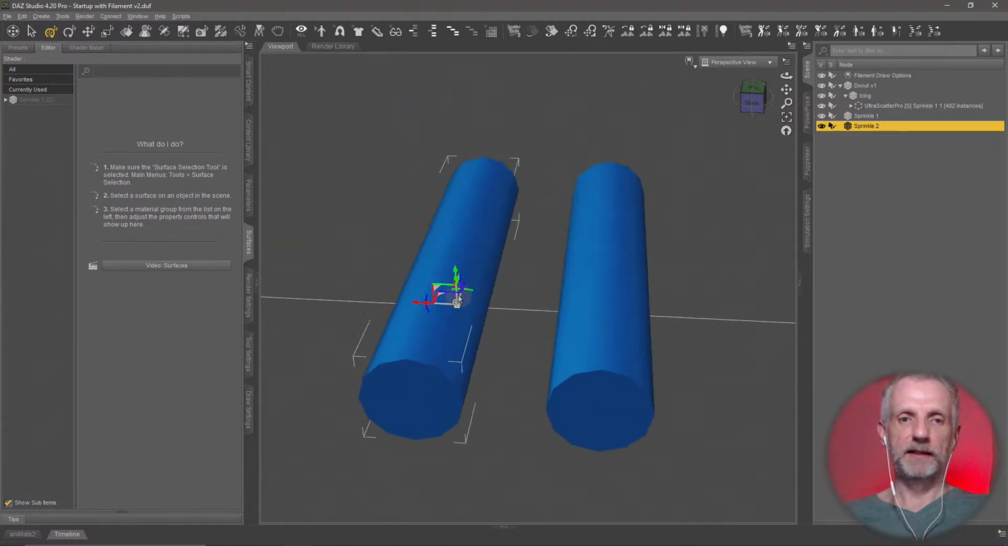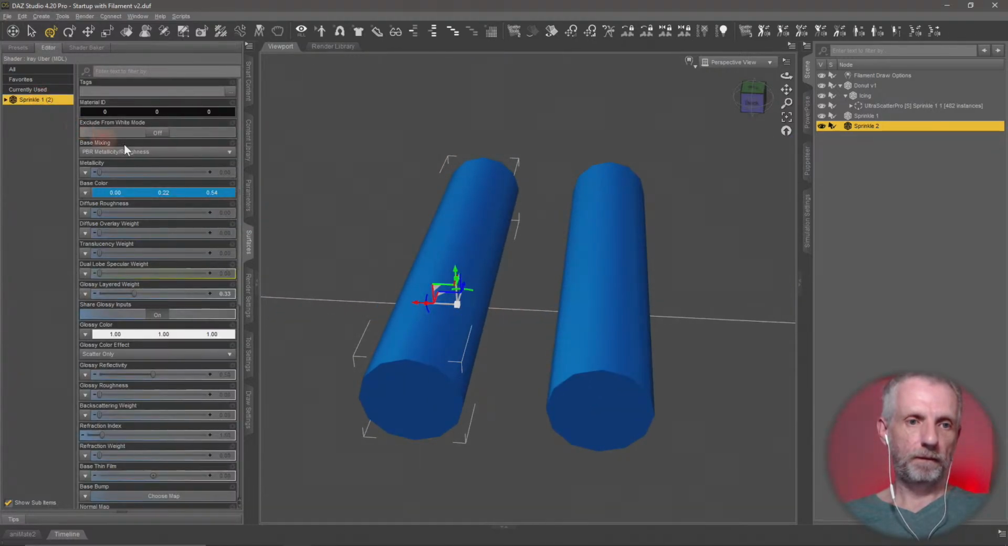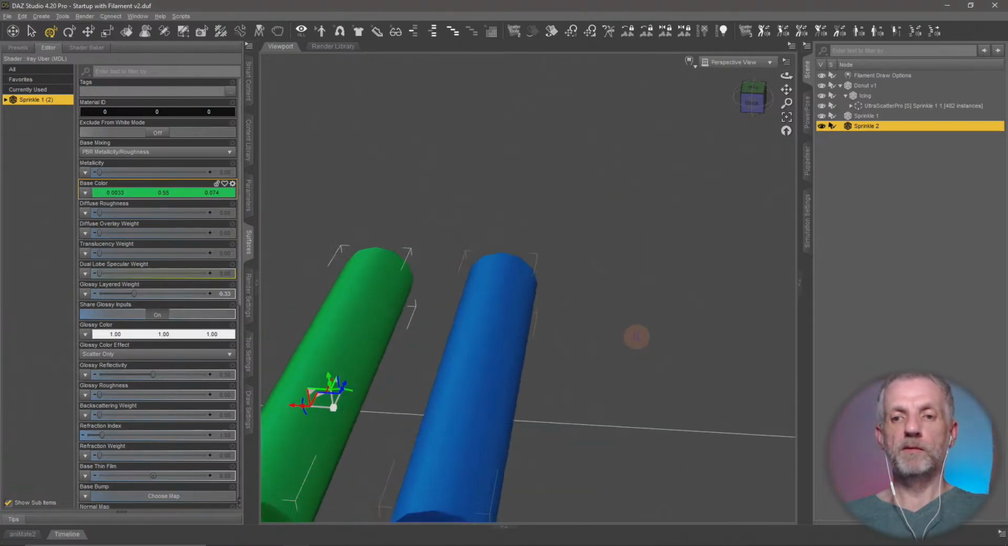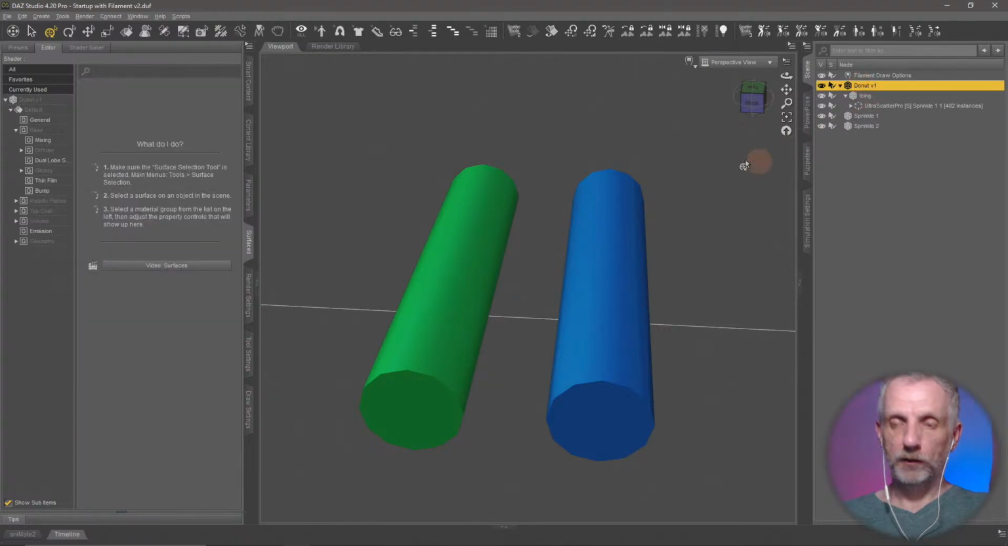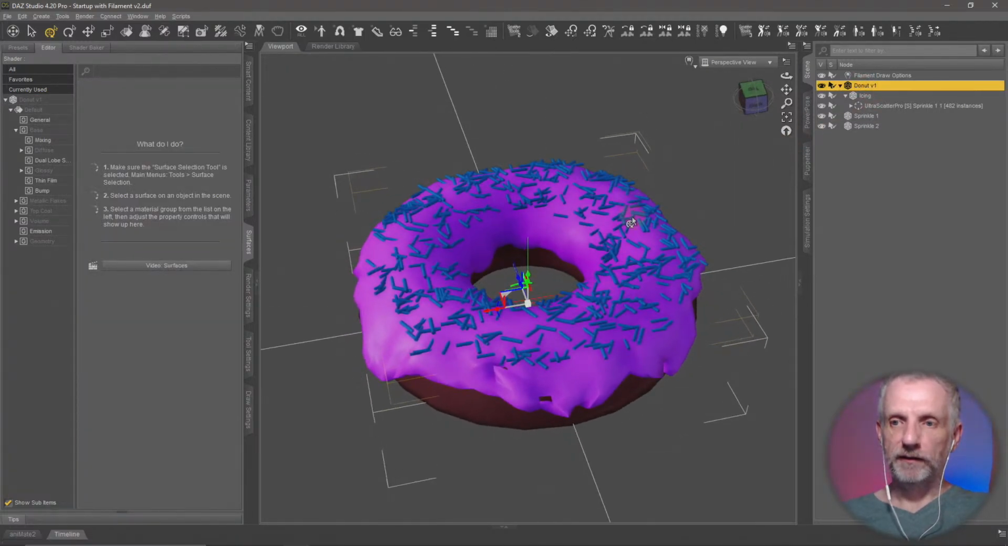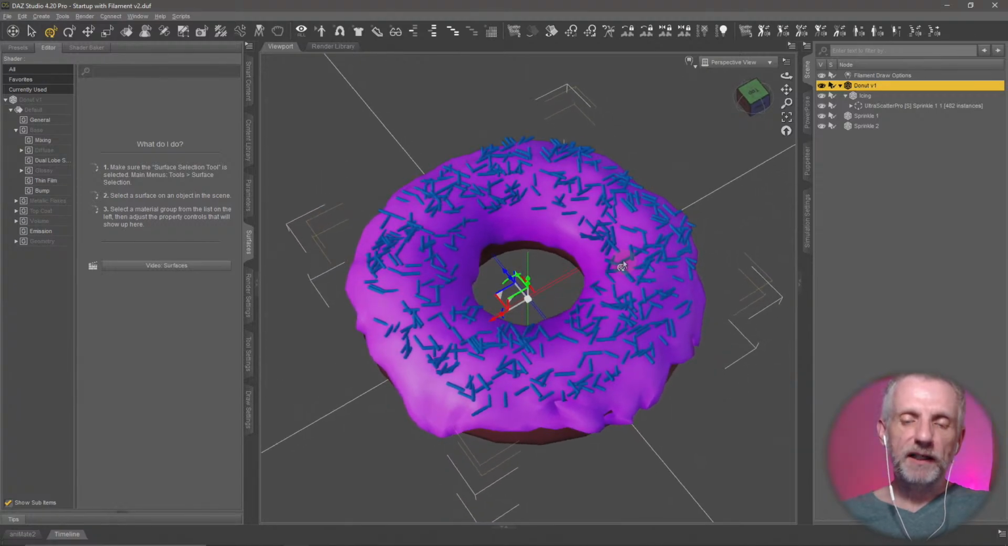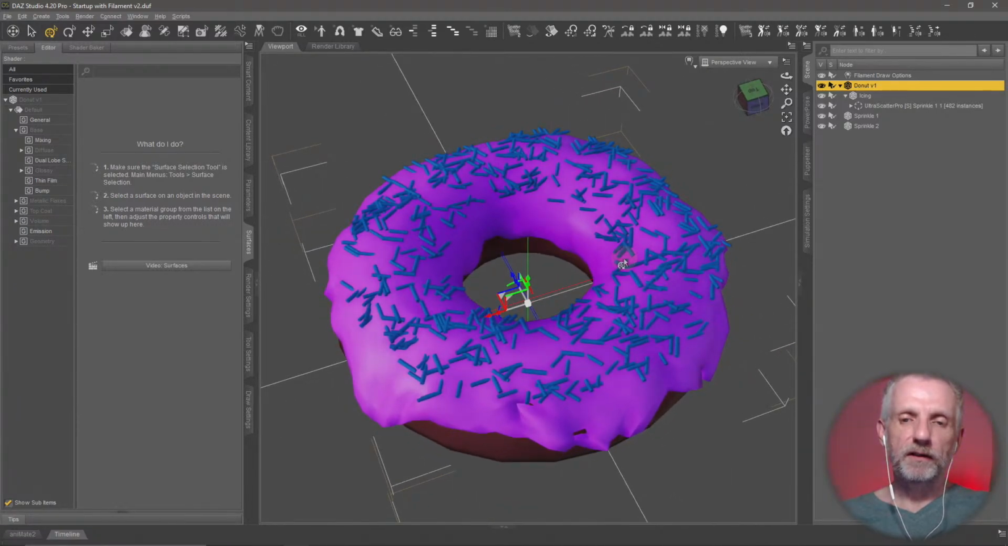So I'm going to make that a different color. Let's say, I don't know, let's say green. Some are blue, some are green. I'll go back to my donut, and the first thing I'll do is, because I'd like for them all to add up to, say, 600,